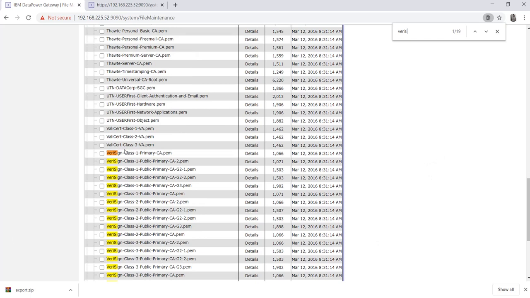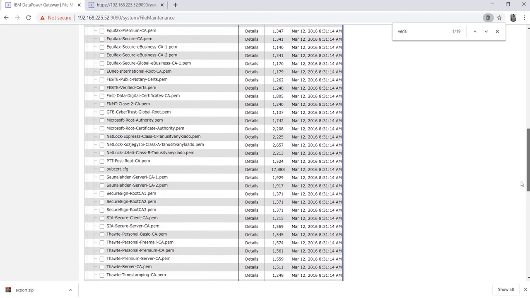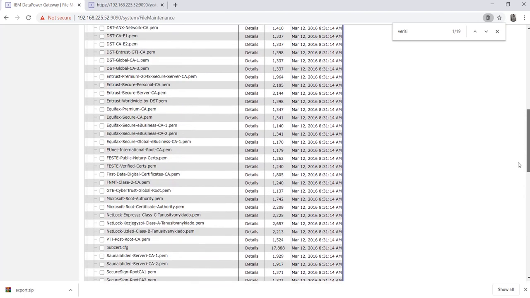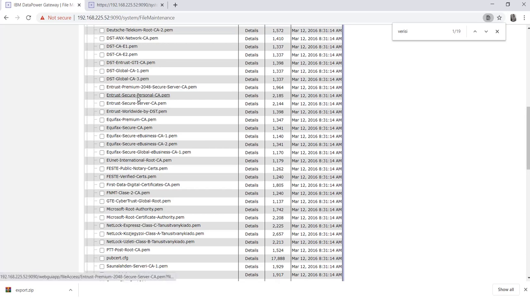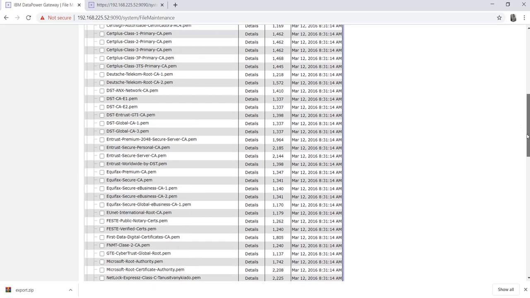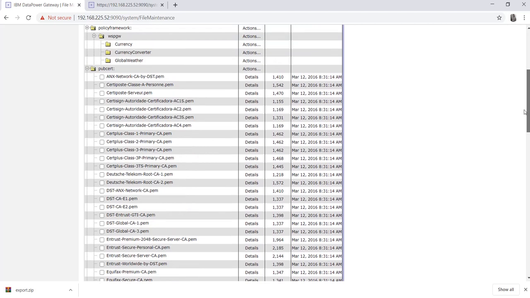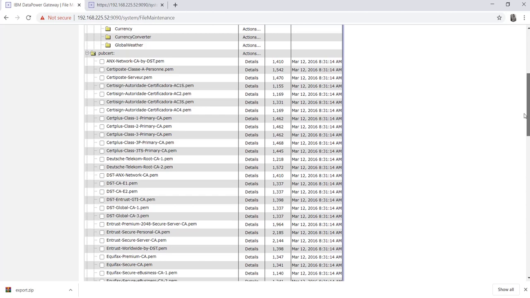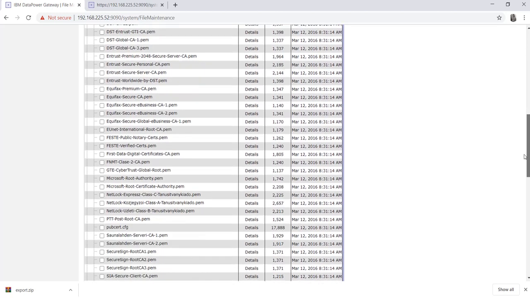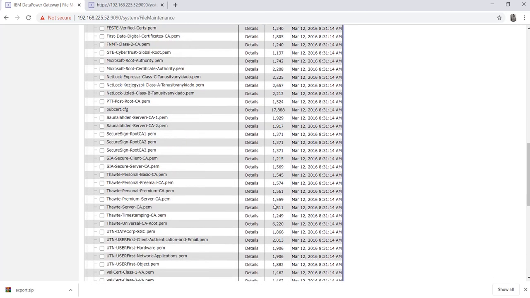VeriSign, Thawte, or others, like Entrust, DST. So these are anchors which verify your certificate, and by default they provide their certificate in DataPower. So whenever you go to your PubCert, you can see the default certificates provided by those authorities.